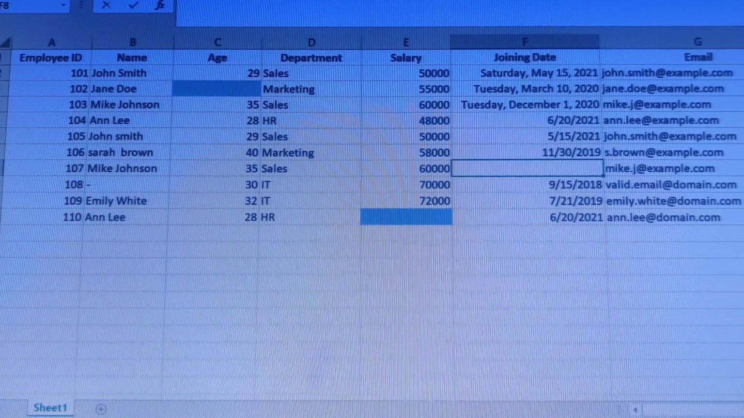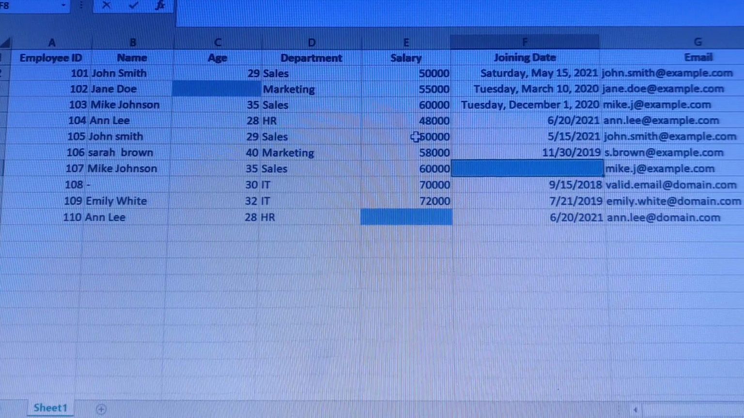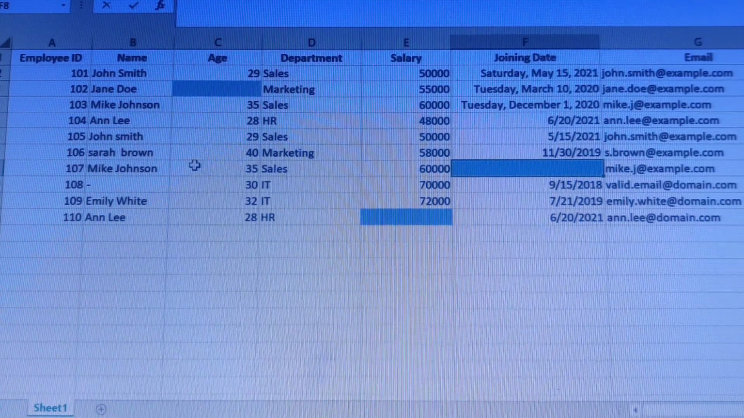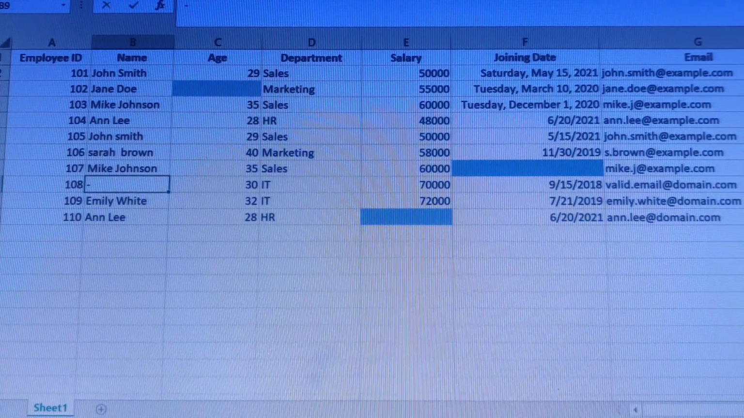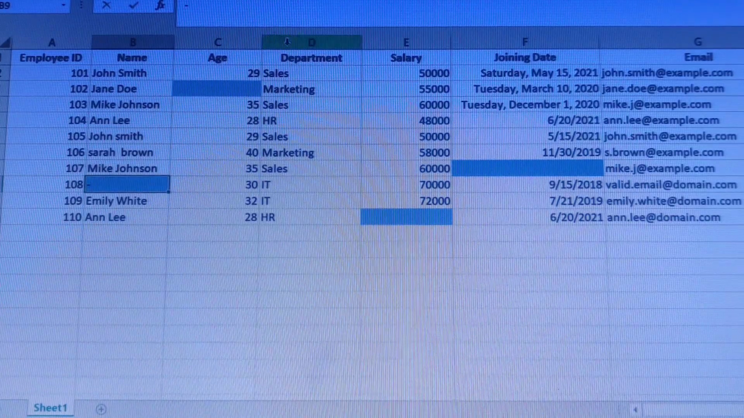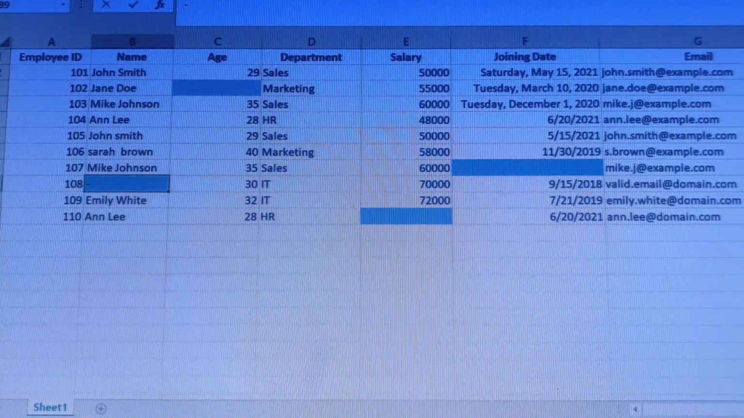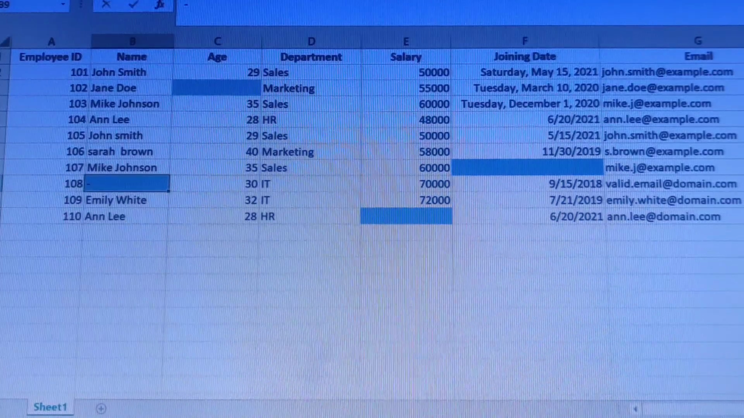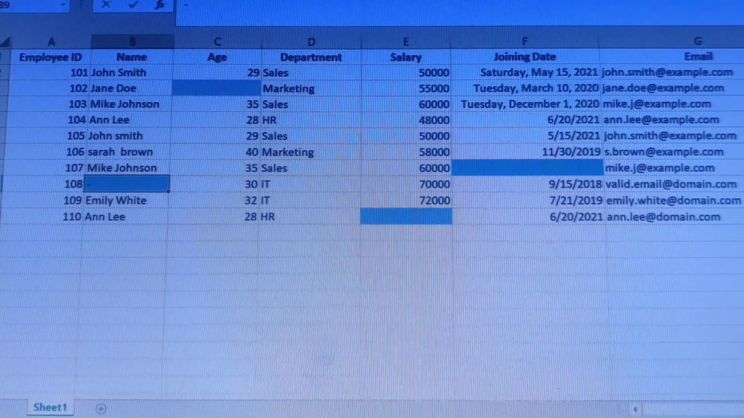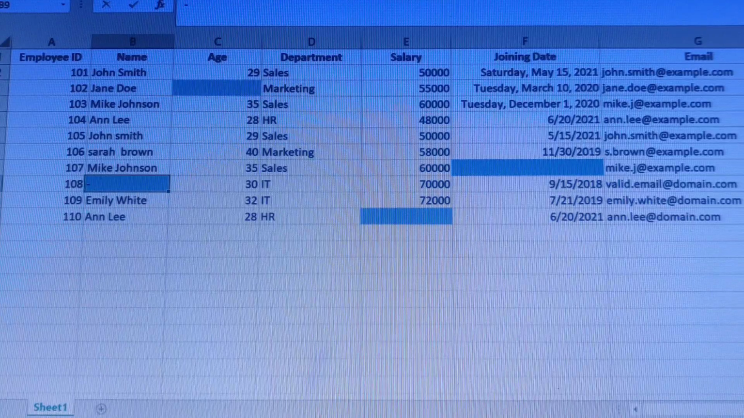Also mark this one with this color. Is there any place we have a missing? Okay, yeah, let us have them with this color. Now, depending on the problem that you are trying to solve, it might require you to ask